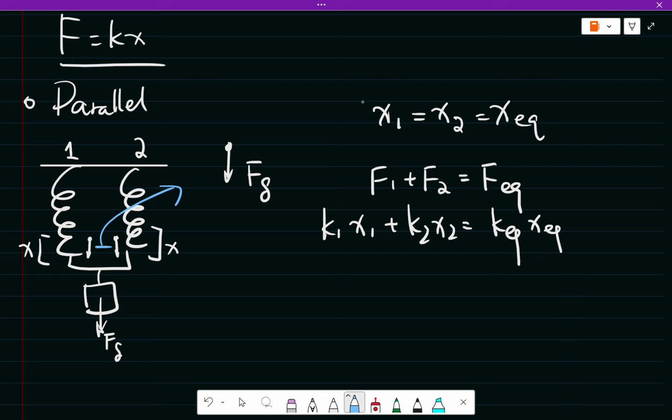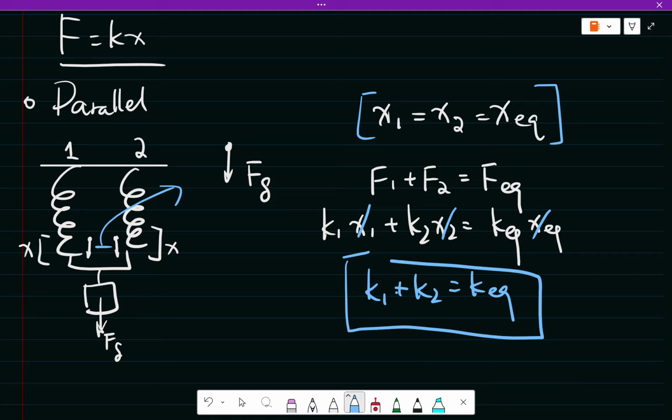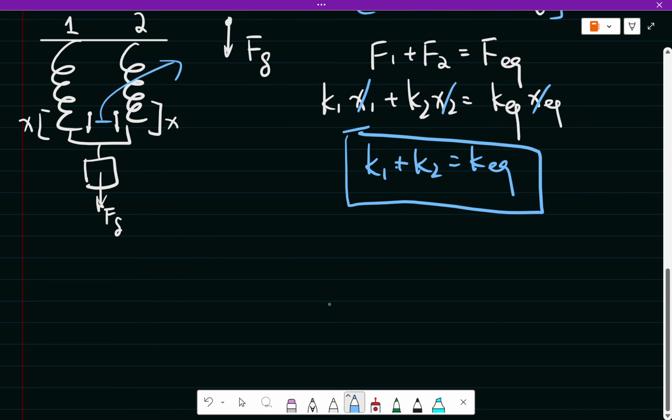The key here is that since we already said x1 is equal to x2 is equal to x equivalent, we can simply cancel out the x terms, or the stretched length terms. So we will have k1 plus k2 is equal to k equivalent. This is the formula for a parallel spring system. Next we will explore the series spring system,